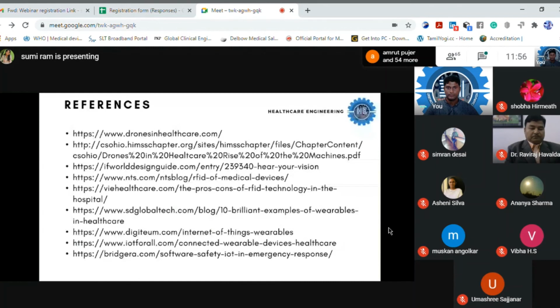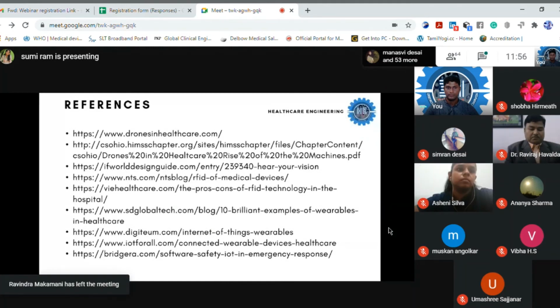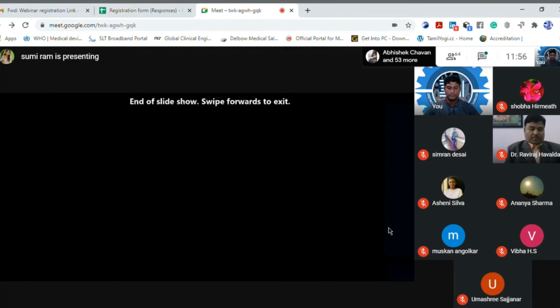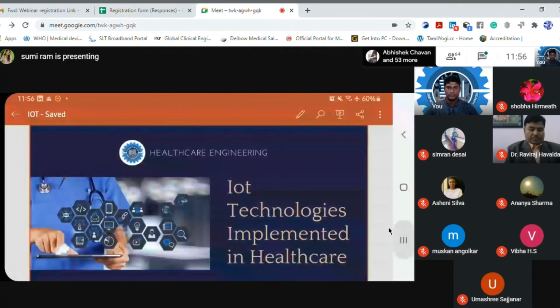Today IoT-enabled wearable medical devices play a significant role in the healthcare industry by offering essential information for the patients to keep their health in control. Wearable devices like oximeters and digital stethoscopes are useful in real-time patient monitoring in telemedicine, and our team member Ashini will continue the session with telemedicine and other security issues. And that's all about my part.